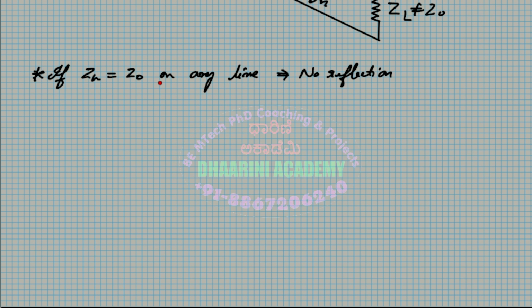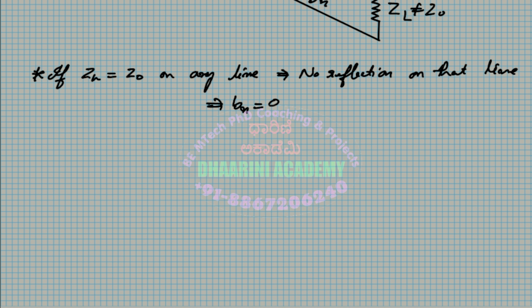If ZL equals Z naught on any line, there is no reflection on that line. That means B becomes equal to 0, so this implies Bn becomes equal to 0 in that case. Otherwise, Bn will not be equal to 0. But as of now, in the diagram, we are not considering Bn to be 0. I just wrote the other option, that's all. All right. Next,